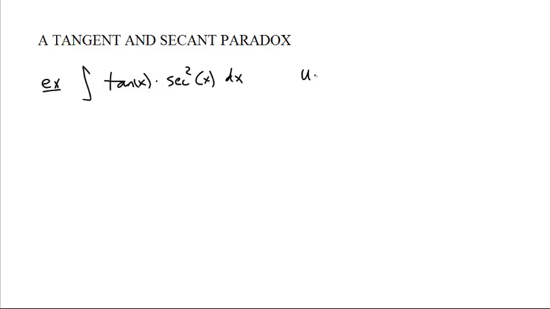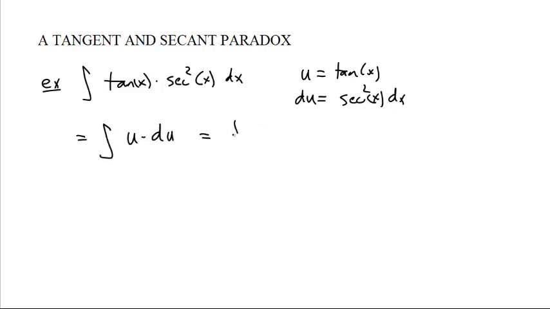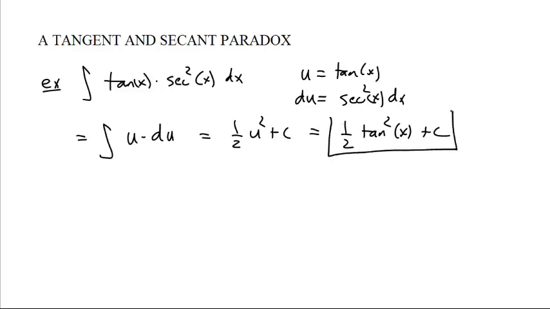You can go with u equals tangent of x, du is secant squared of x dx. This whole thing turns into u du, which becomes 1/2 u squared plus a constant, or 1/2 tangent squared of x plus c. What a beautiful answer. Not that tricky at all. But maybe